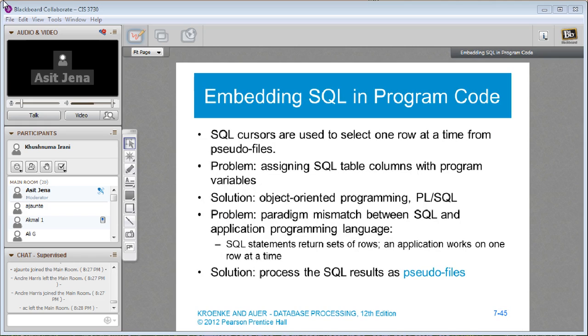Embed SQL in the program code. One of the things I have talked about is that some of the concepts we have learned in this class is how to be self-sufficient in doing a lot of stuff in SQL itself without writing a programming language.